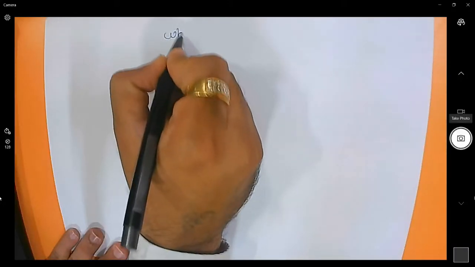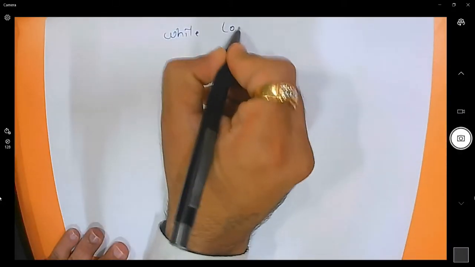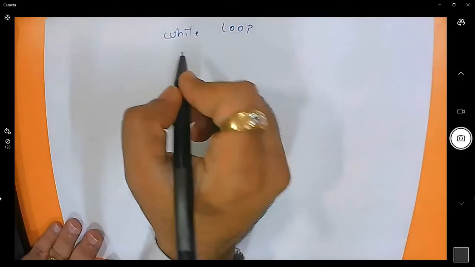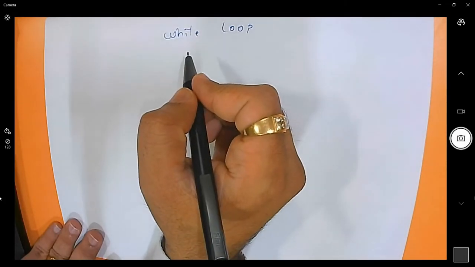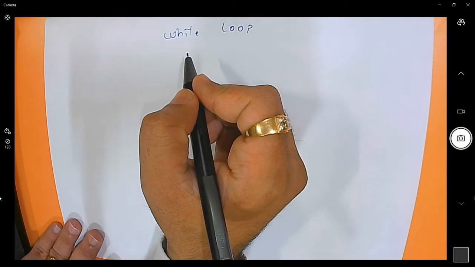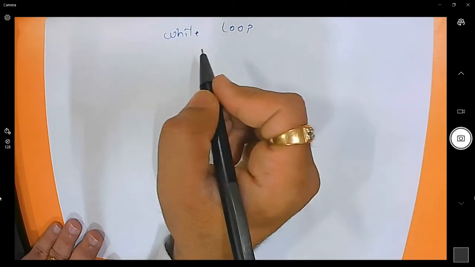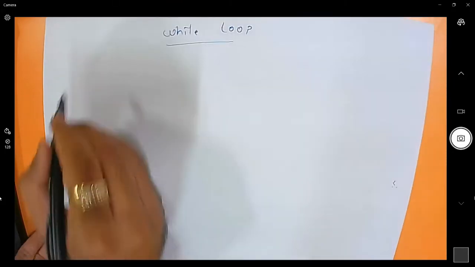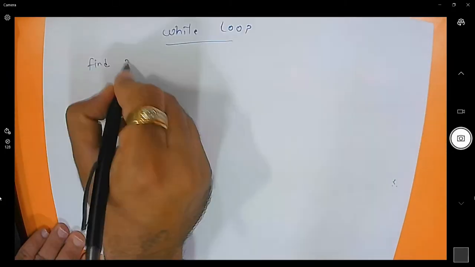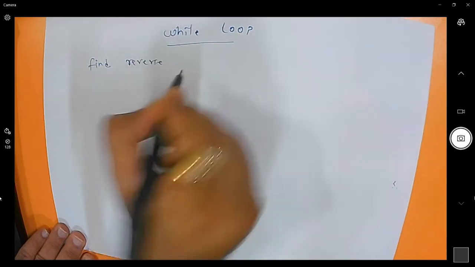Now I'm discussing the while loop. What is a while loop? A while loop is used when the termination condition is known. For example, if you know in which situation you want to end the loop, at that time you can use the while loop. For example, I want to write the code to find the reverse of the given number,